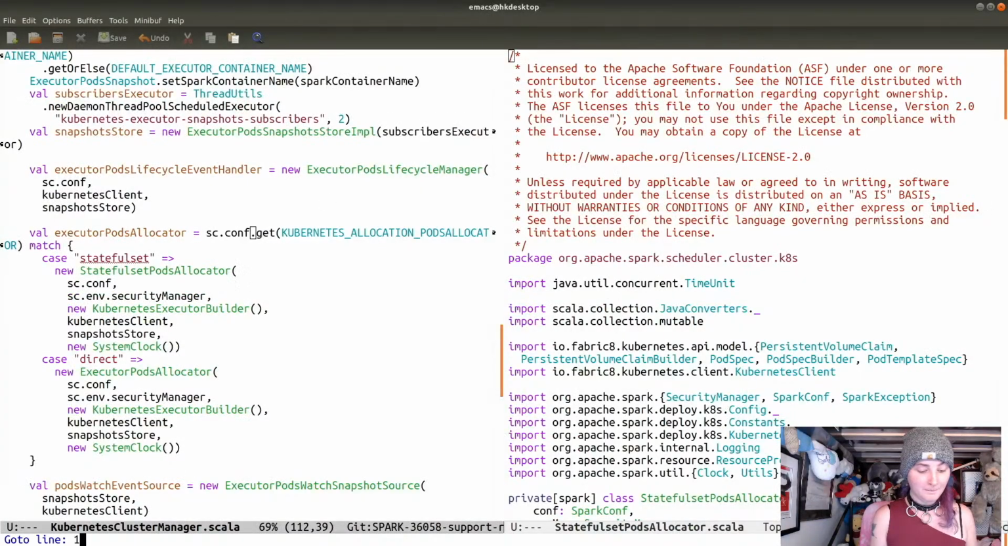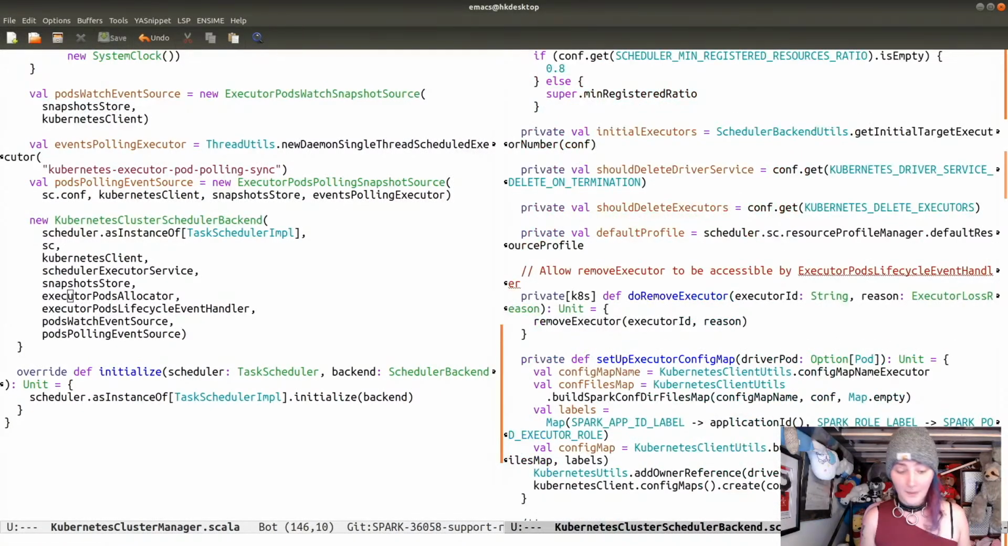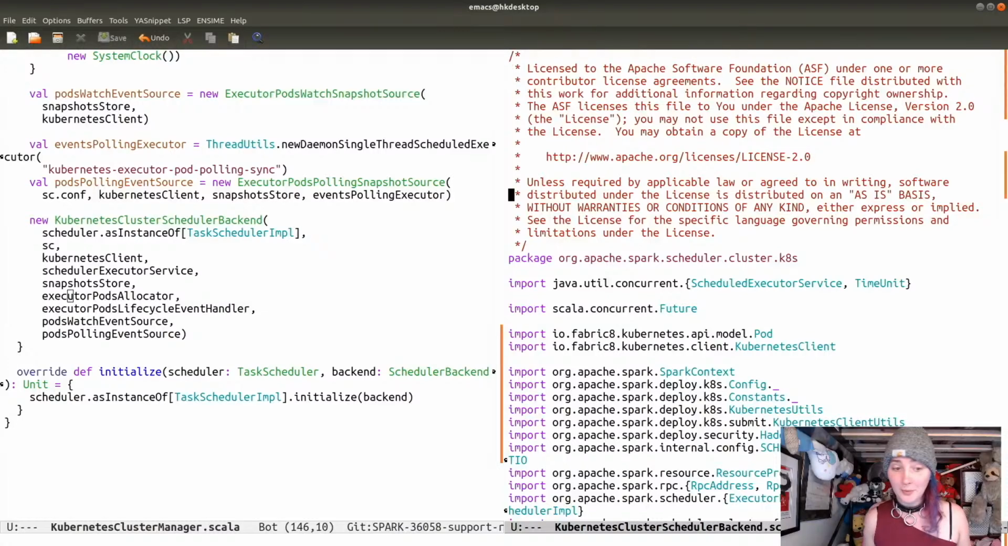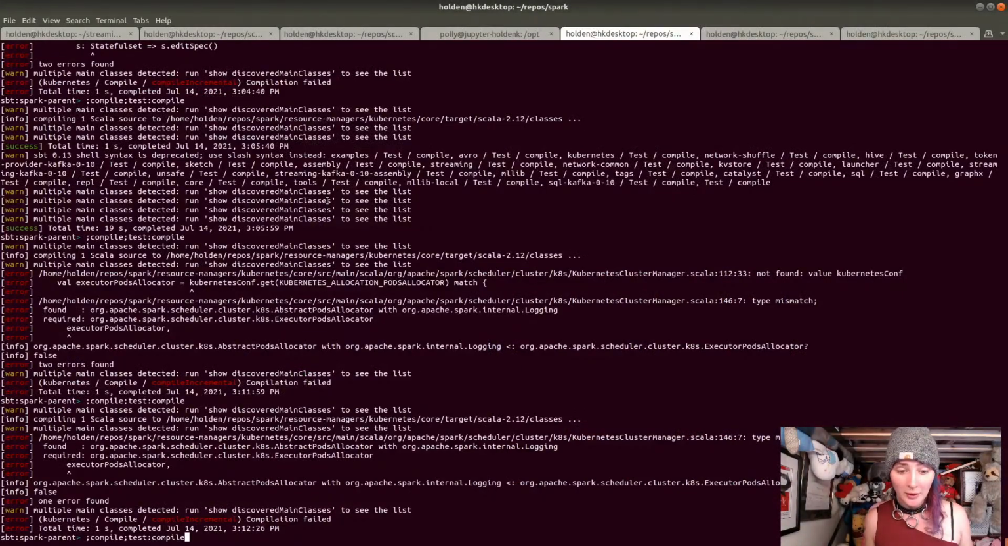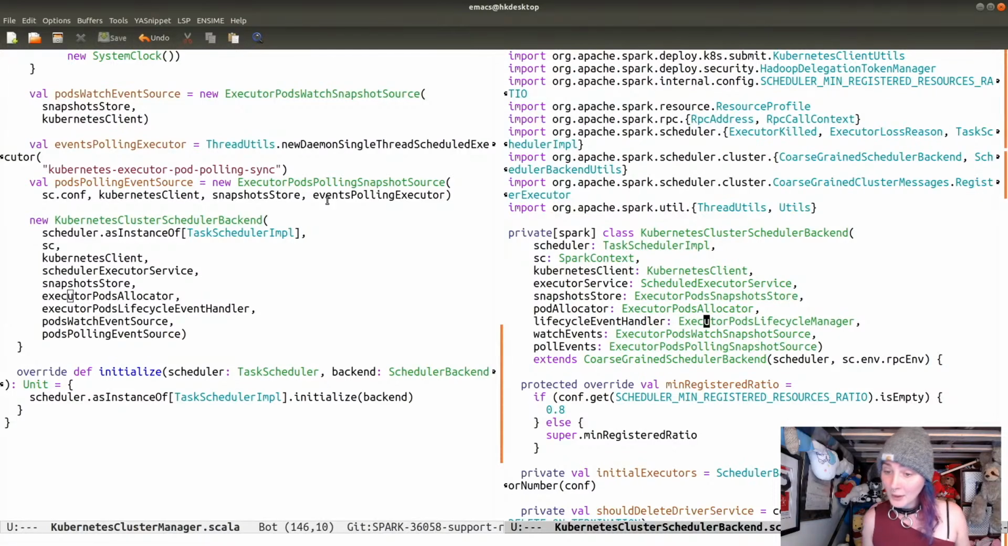Okay. And so then we're going to go over to the Kubernetes cluster scheduler backend. And then what we do is we go up here and we're looking for executor pods allocator. And this is going to become